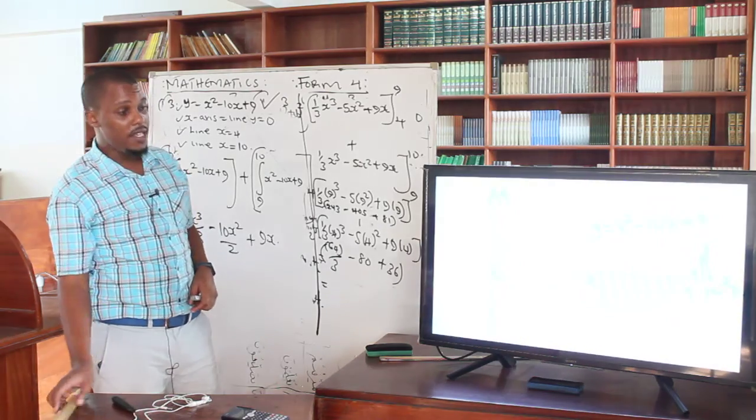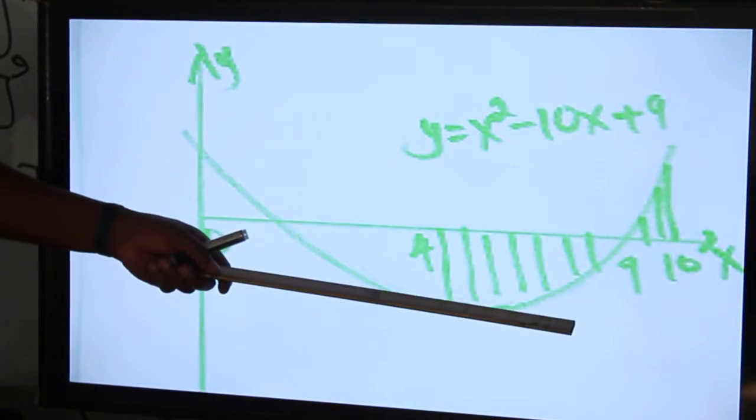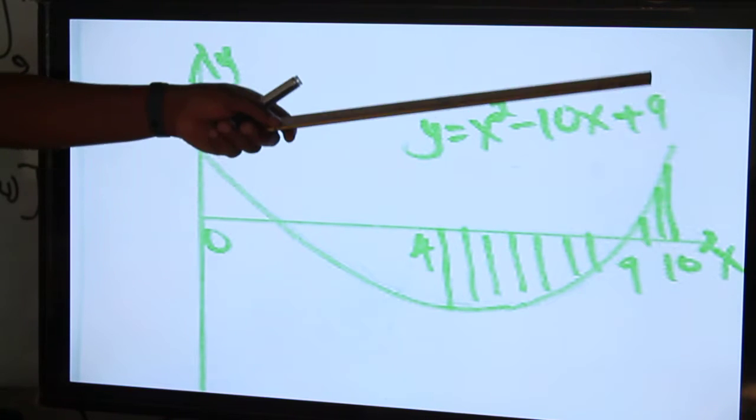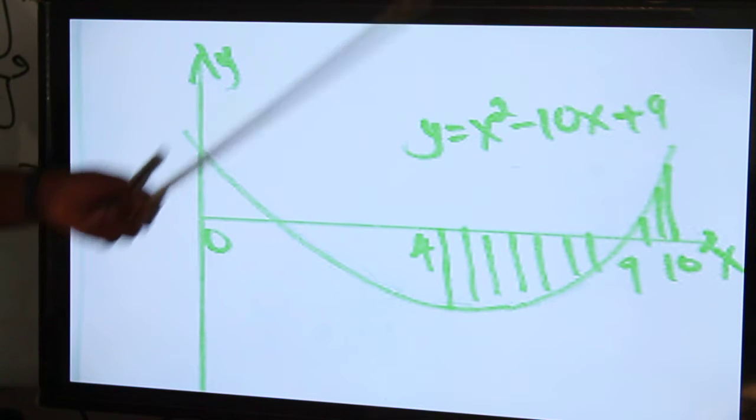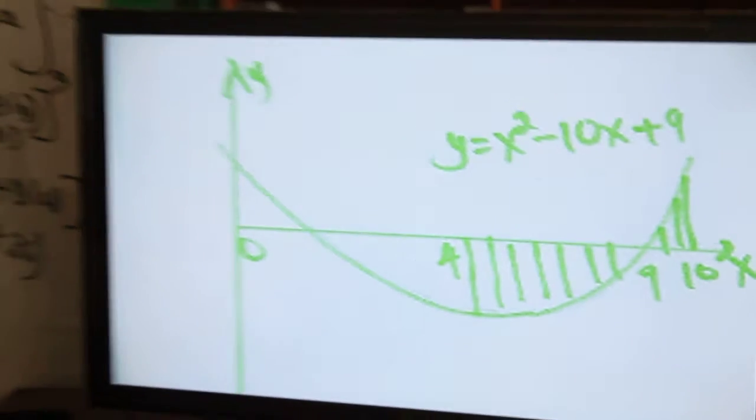So this area is one which is becoming negative 58 2 over 3, because it is below the x-axis. Then the other becomes 4 on the top. So for you to be able to add it, if you add this one as a negative, then your answer is going to be wrong at the end of the day. So you need to drop the negative sign, because it's only telling us where the area of that shaded region is. I hope you have understood.